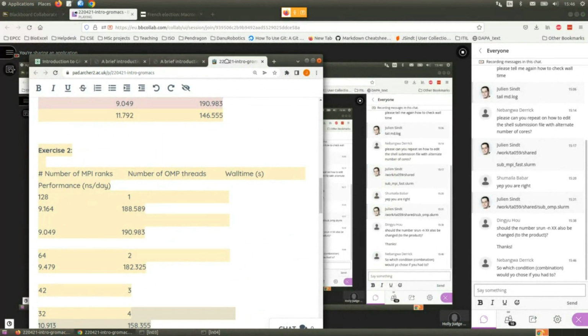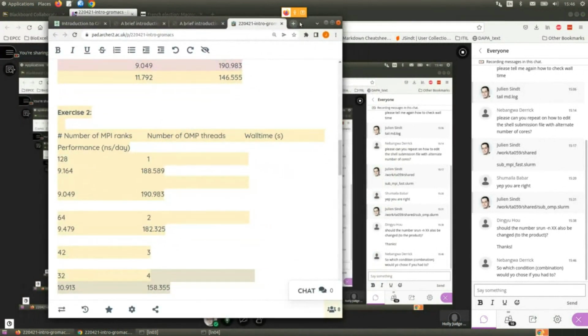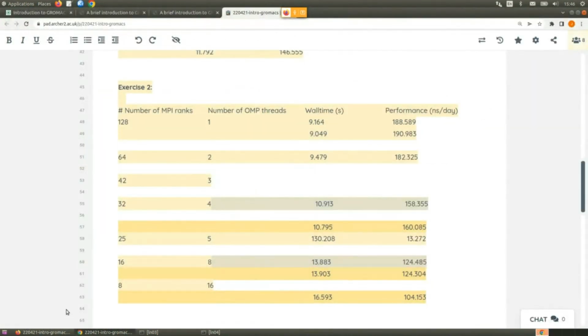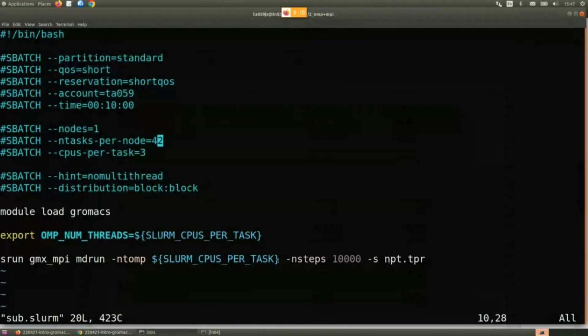So which combinations do you choose if you had to? That's an excellent question. It actually just really emphasizes the point that I'm trying to make, which is it depends on the system. What I would do is run a similar set of tests to the ones we've just run in order to find the best and most ideal conditions in which to run my simulation. And I would run a quick test that only takes a couple of minutes, even in the case where you're running